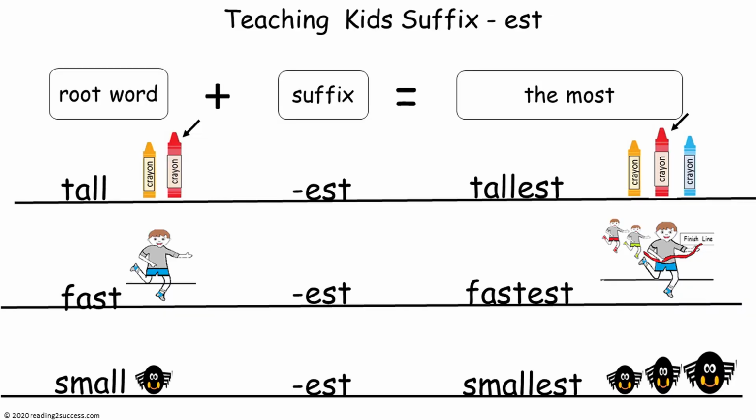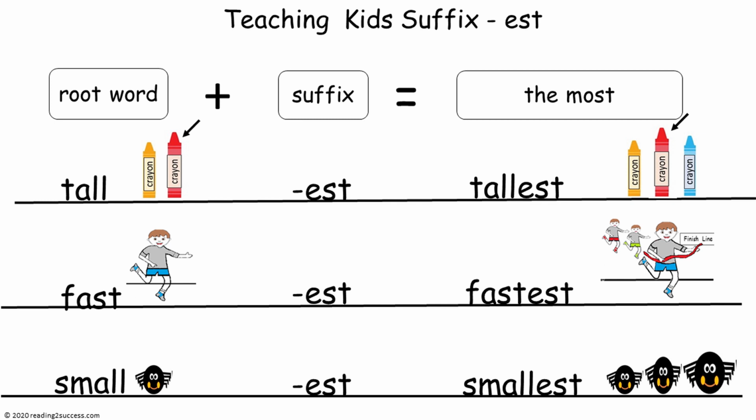Now it's time to introduce kids to the suffix est, which makes the word mean the most. So it is the most when comparing three or more people, places, things, or animals. So let's look at our first root word, tall, and then the suffix is est. So our word is tallest, and we're looking to see which crayon is the tallest, and it is the red crayon. Then our next root word is fast, suffix is est, word is